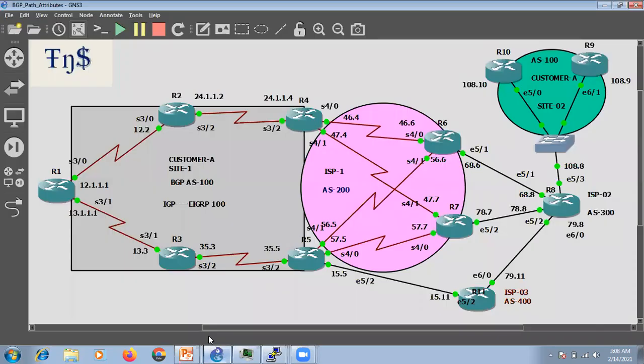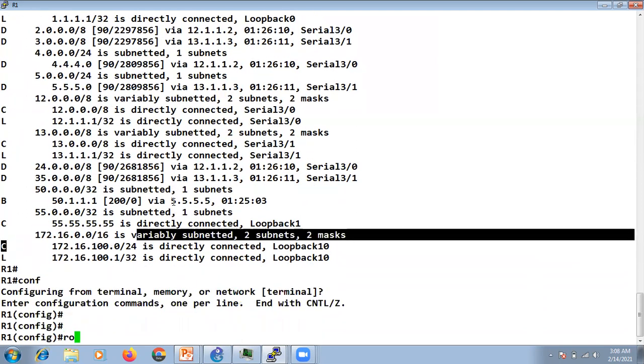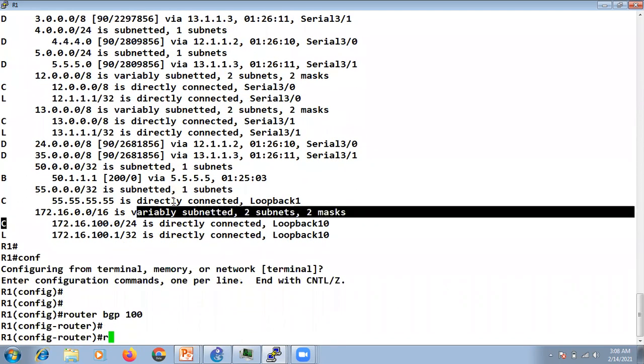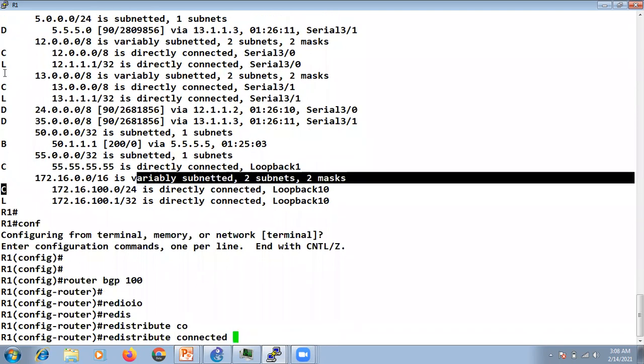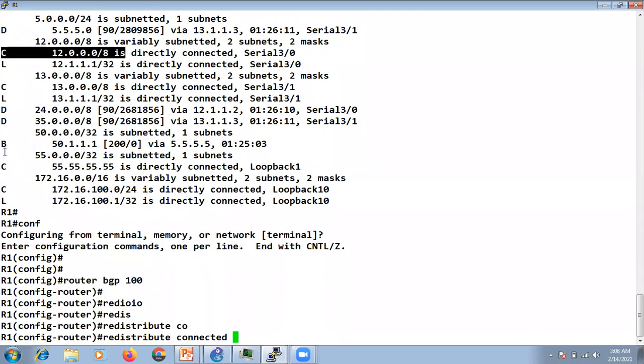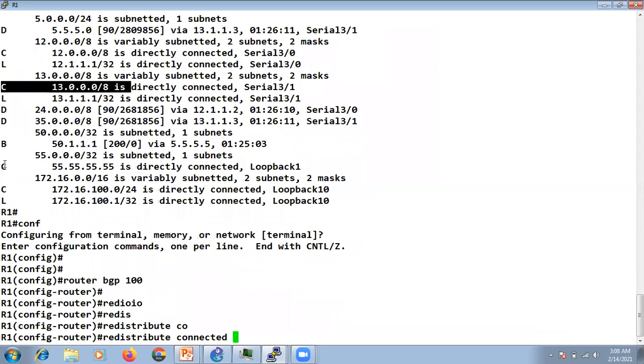This network is also a connected network, this network is also connected. If I go to R1 and just say router BGP 100 and redistribute connected, then all these connected networks will be redistributed. This 12 or this 13 network, 12 network, 13 network, and all its loopback.